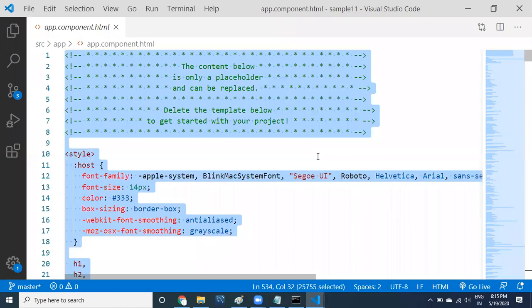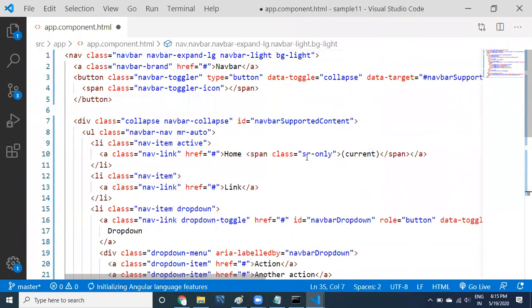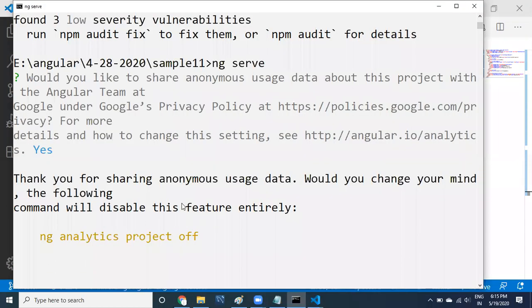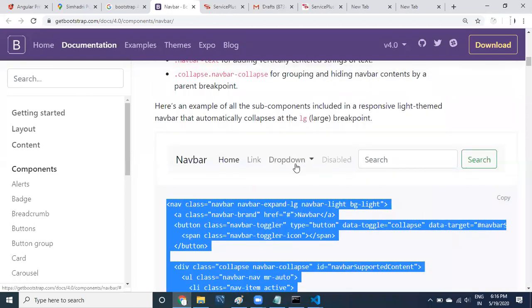Now see, remove this and then provide this one. Let's look at how it looks. Before going to that, we have to wait a few more minutes for it to be up and running. So let's look at it, guys. It is going to look like this. See here, guys, this can be your menu.